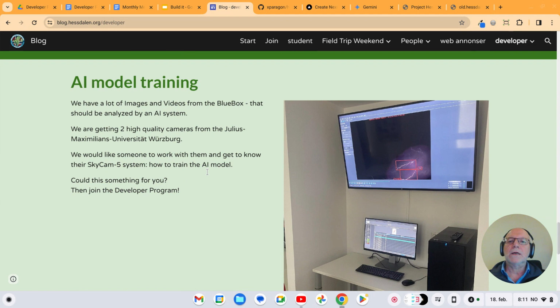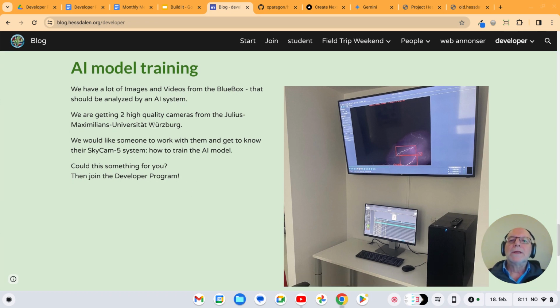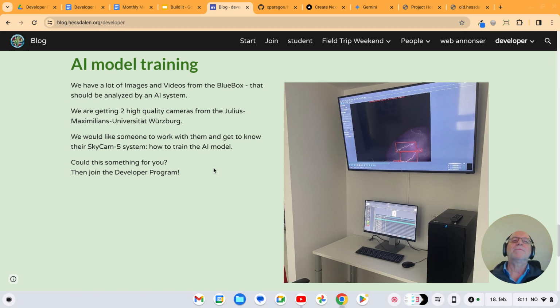Then we have the German system from the University of Würzburg, and they have made a system using AI. They have a model, so they are training AI, and that is also very interesting these days. They're going to put that up in a few months. They said next week, but I think it's going to be a few months because there's too much snow